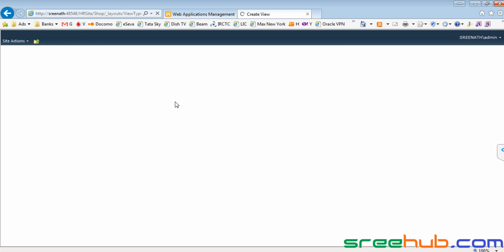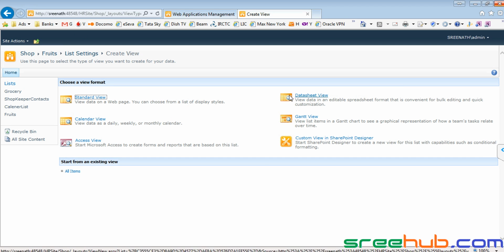When I click on create view, it will load many views, and today's class will touch upon a few of them, which are very important. Among them, one very important one is the standard view. Let us go and see what a standard view is.